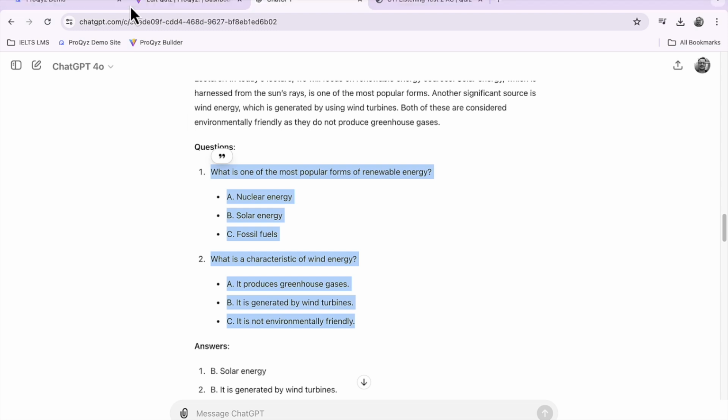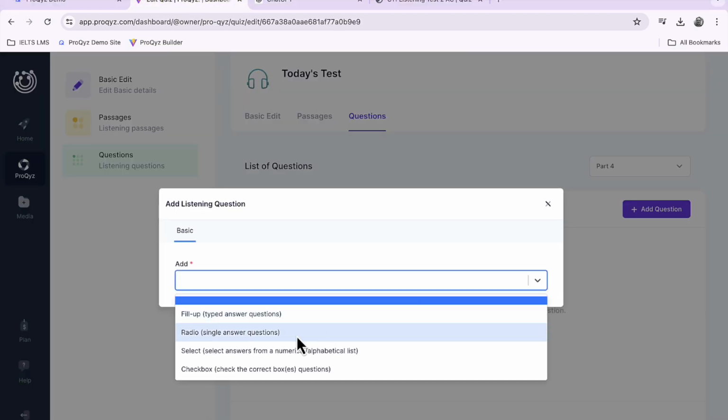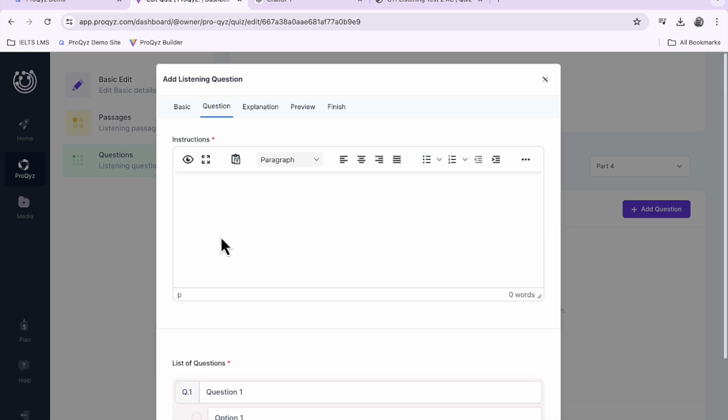So I've got the information there. I'm going to make up a multiple choice. So when there's only one answer, we actually use a radio button. Okay, so a radio button for single answer questions. Multiple choice, single choice, different people call them different things. But so this is a single answer question with a radio button. Okay,